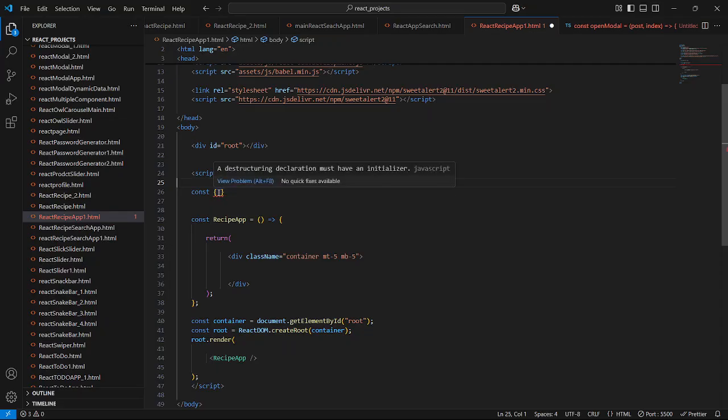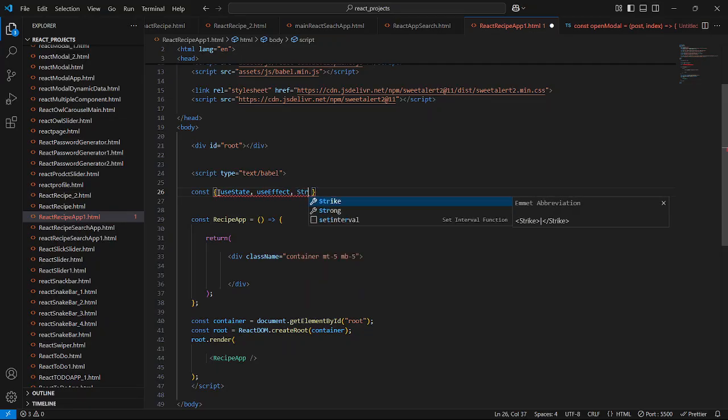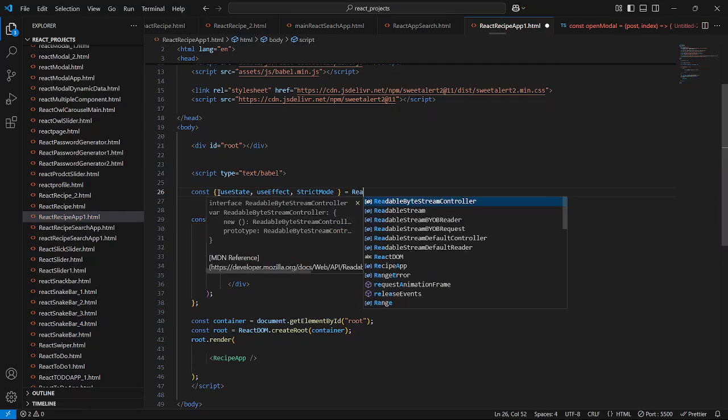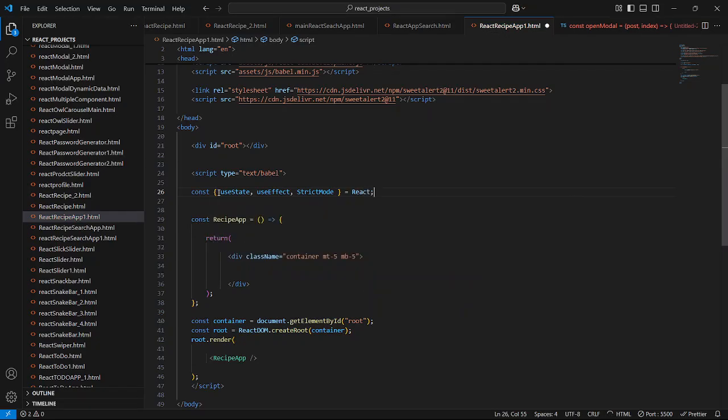I'm gonna import a couple of hooks. The first hook I'm gonna import is useState, and the second hook we are gonna import is useEffect. And now I'm gonna import one special component called StrictMode, from of course react. So close this, and copy this StrictMode special component, and we